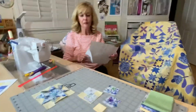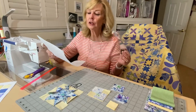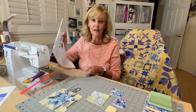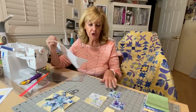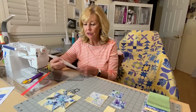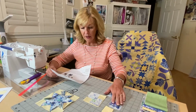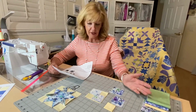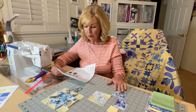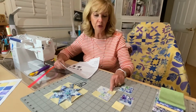So I just want to go quickly through the cutting. I do use the wing clipper, so you can go ahead and use the cutting that they state in the pattern, or I'm going to give you my alternate cutting for the wing clipper, and then you can make your choice. So I'm using the orange zigzag fabric for these 2 blocks. And so with the wing clipper, the base is the ivory, and you need to cut 2